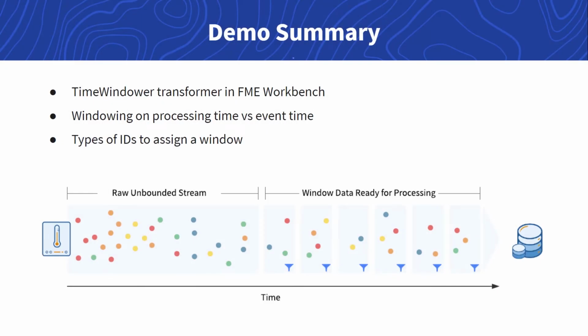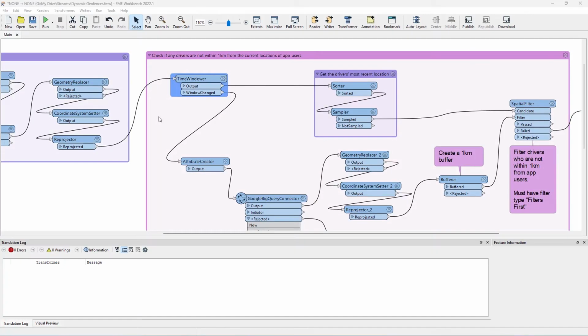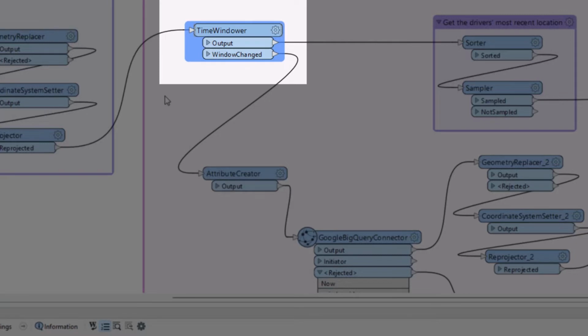In this demonstration, we'll explore the TimeWindower transformer in FME Workbench, windowing on processing time versus event time, and types of unique IDs to assign a window. Let's start the demo. The TimeWindower transformer in FME Workbench is designed specifically to allow you to window your streaming